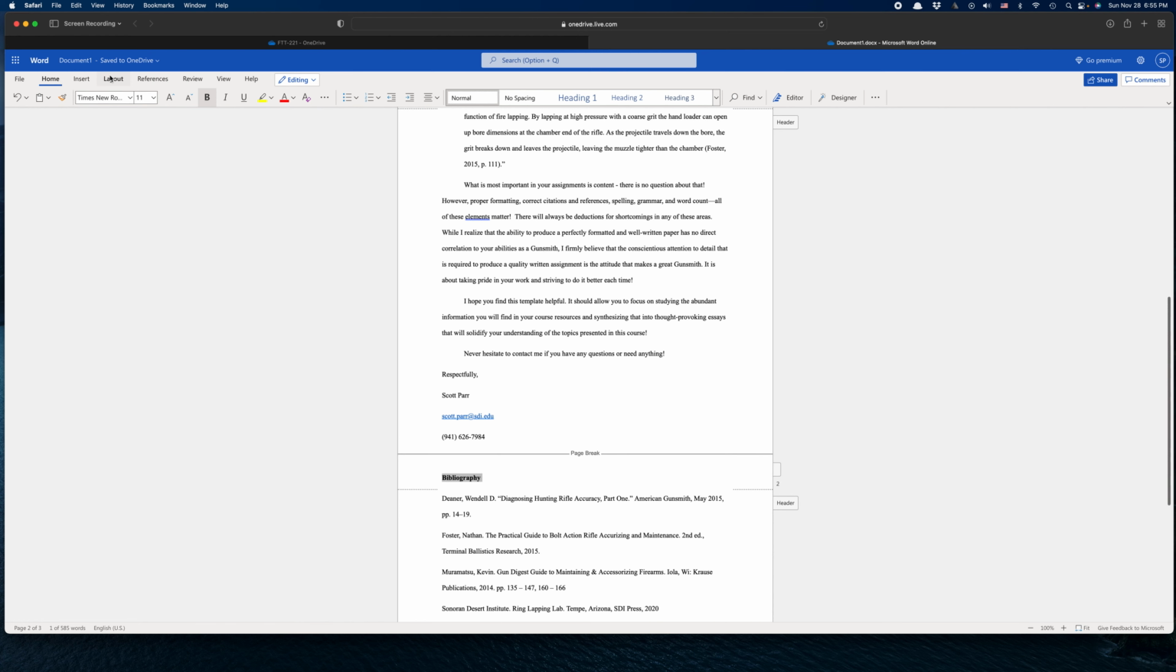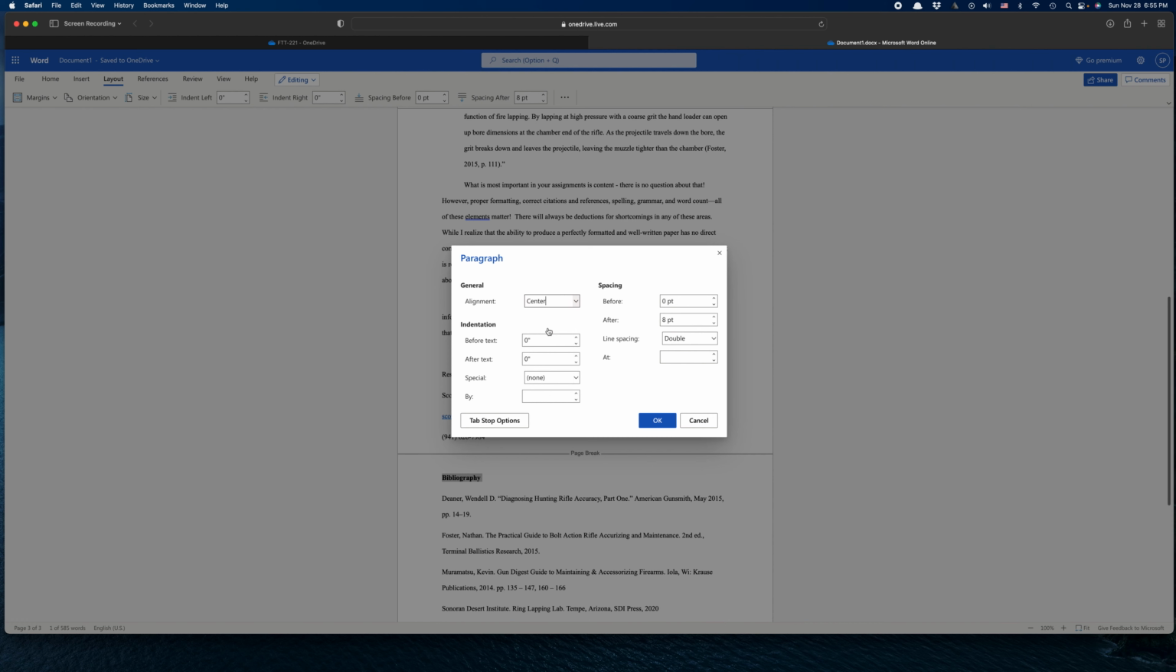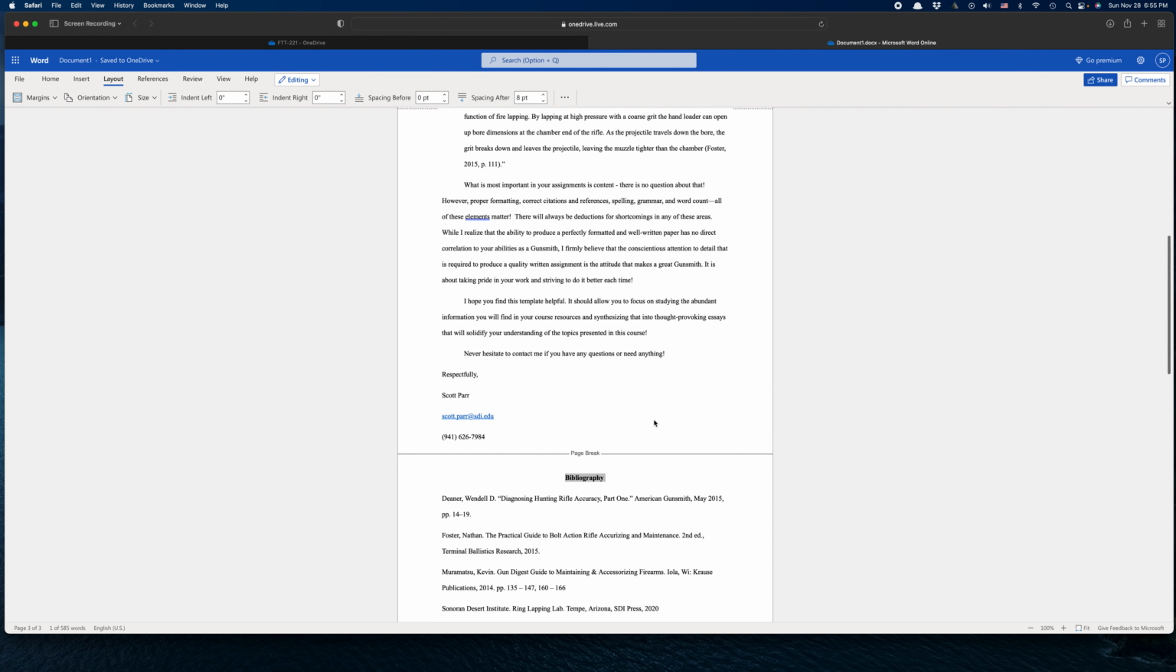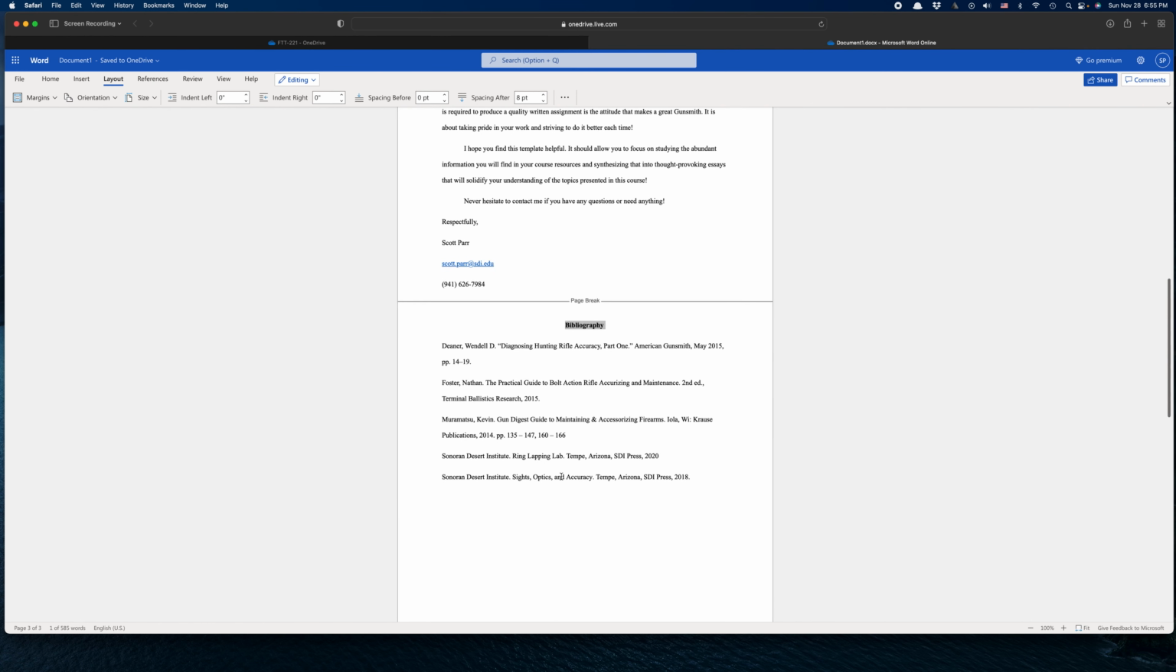Now if we highlight the word bibliography, we can apply bold to it, and we can go back into paragraph options and we can set the alignment to center just as it's supposed to be. That takes care of the title of the bibliography, but the sources are supposed to be indented also with a